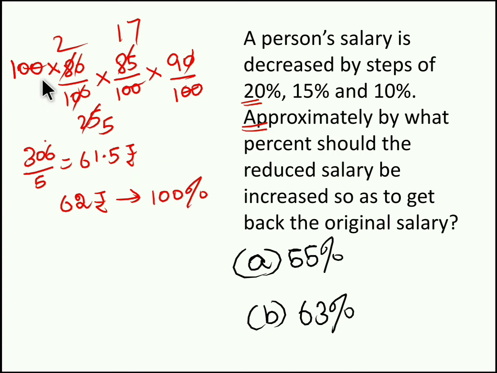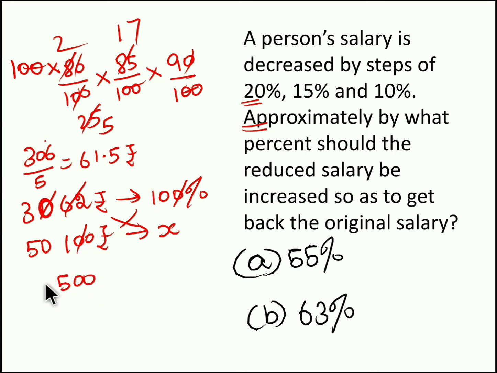Now again he has to get back this 100 rupees, right? For this, how many percentage should be increased? So this is our question. When you cross multiply, you will get the answer. So 31 times, I mean 22, 31 and 50. Now again you can write this 31 as 30, right? So 0 and 0 cancel. So 50 into 10, you get 500. So 500 by 3.